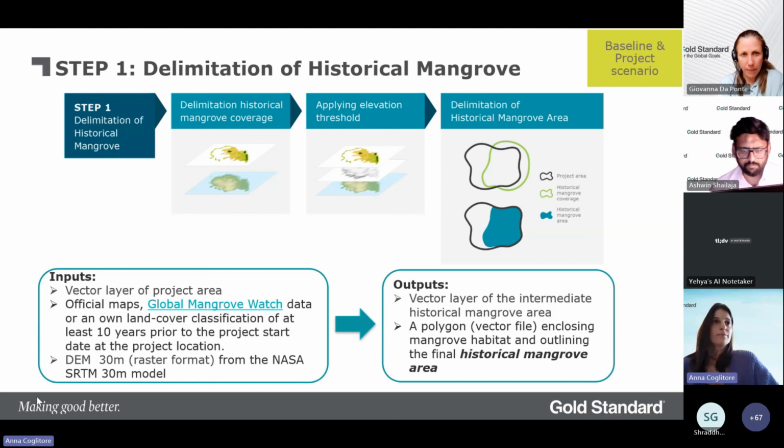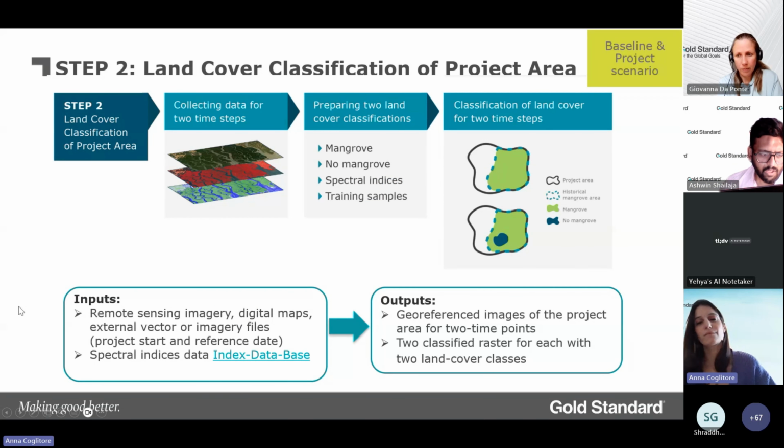The next slide. So step 2 basically is a land cover classification of the project area. And a land cover classification, again, essentially refers to what exactly the land was being used for. Is it a mangrove area or a non-mangrove area? Those are the two key classifications which are required. And there are multiple spectral indices which are proposed in the methodology, again provided in Appendix 1. So multiple vegetation indices are approved, NDVI and multiple others, and even water indices could also be used in conjunction with the indices to arrive at the classification. And based on the land cover classification, the actual area of mangrove can be clearly delineated.